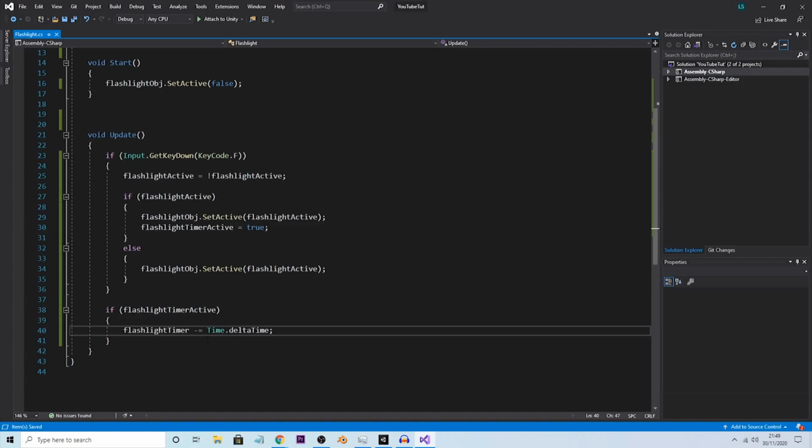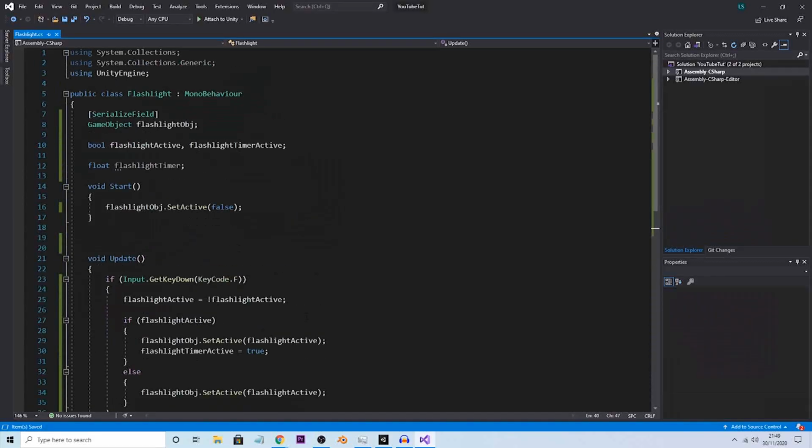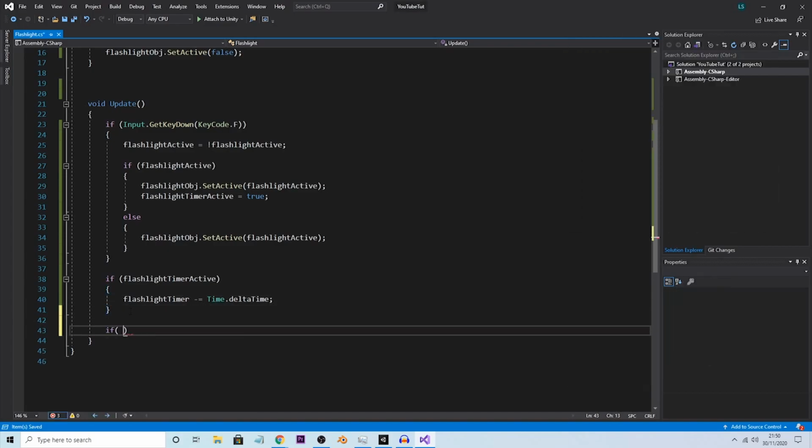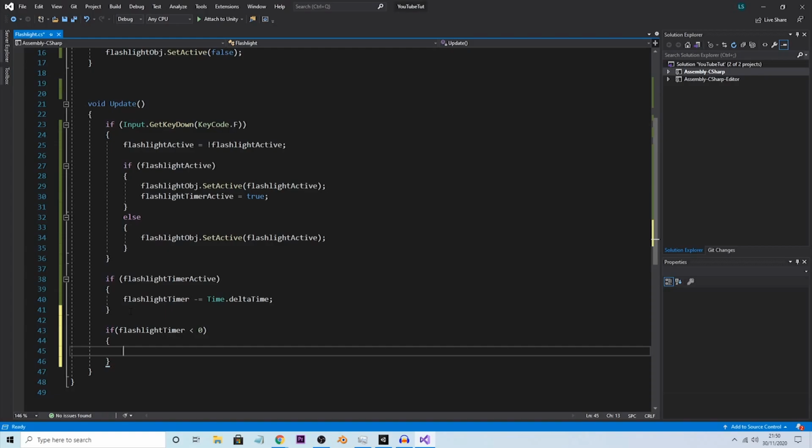But because we have got our flashlight timer active, we need to make sure that our timer stops at a certain time and then basically kills our flashlight. So let's do if flashlight timer is lower than 0, sure, why not, lower than 0, then we're going to